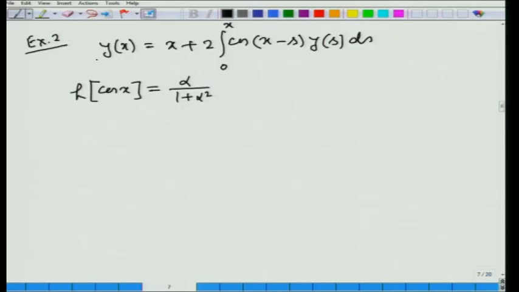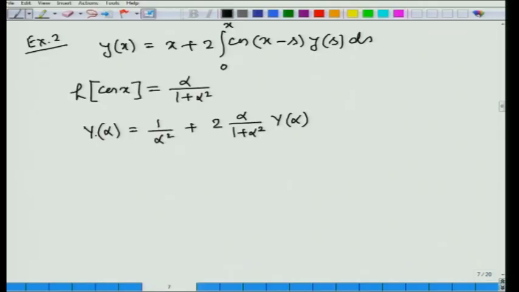So, taking the Laplace transform of the given integral equation, we can write Y(alpha) equal to 1 by alpha square plus 2 alpha by 1 plus alpha square, this multiplied with Y(alpha),